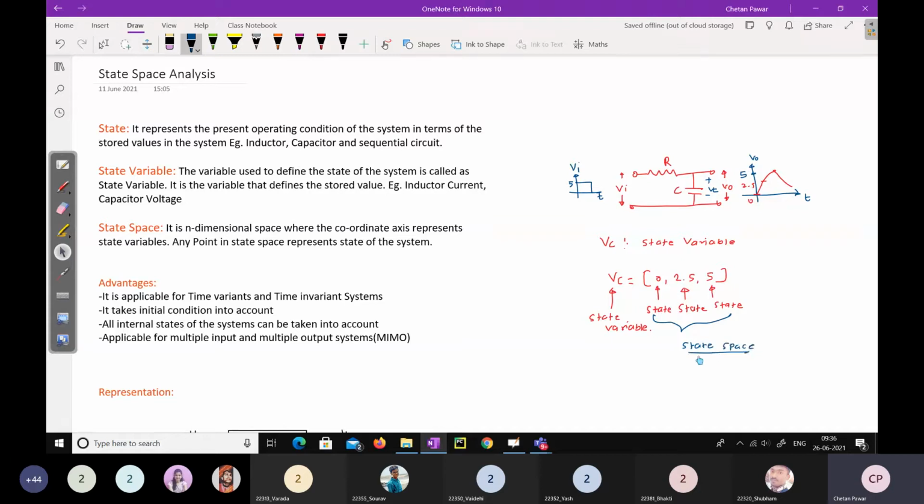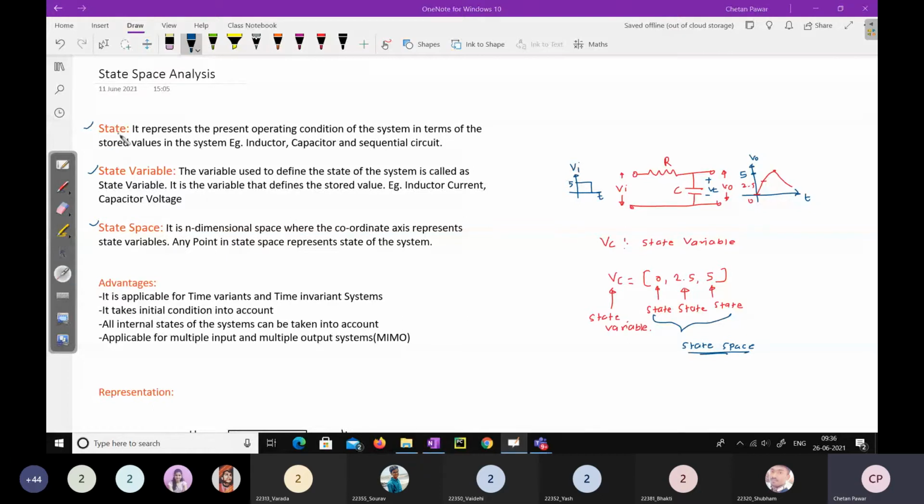Okay. So there are three important terms in a state space analysis. First one is a state, second one is a state variable, and third one is a state space. In this particular scenario, you can say that VC is a state variable. These intermediate voltage levels of VC are states, and this overall space is a state space. So in terms of definition, if you see that, so that will be